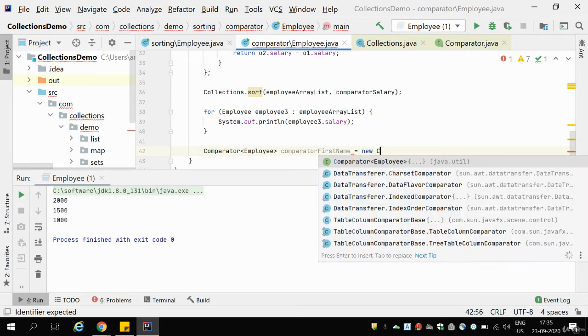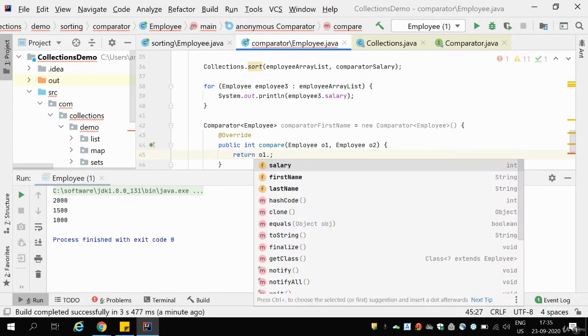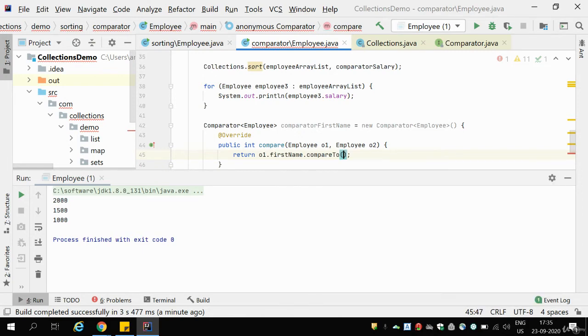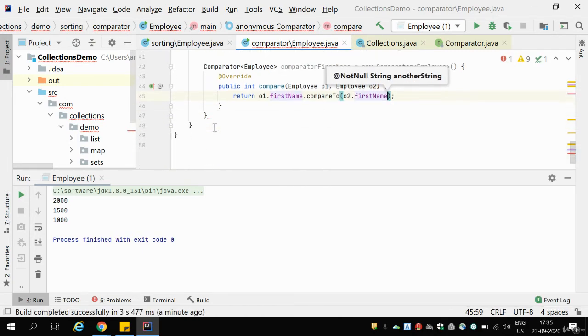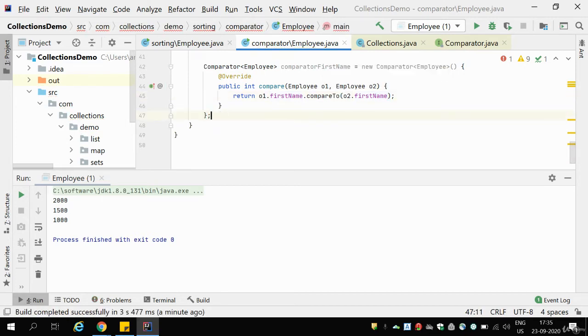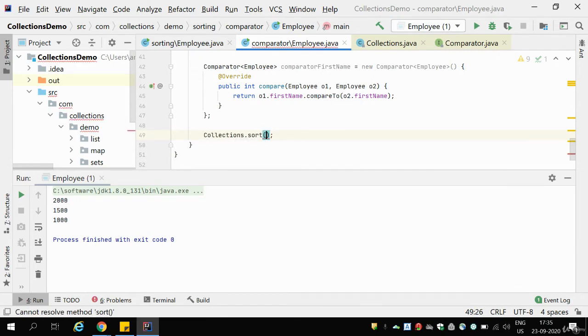I'm going to create an anonymous inner class which implements the comparator interface, and here I'm going to do o1.firstName.compareTo(o2.firstName), and we'll have a semicolon,